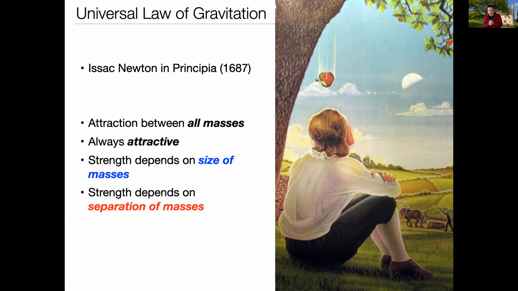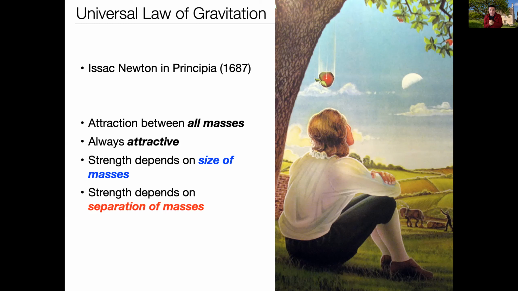And the strength of gravity you feel depends on the separations between the masses. So the apple feels a very strong gravitational force because it's very close to the Earth. But if I put it 5 trillion light years away from the Earth, it won't feel very much gravitational attraction to the Earth at all. Okay? So those are the fundamental tenets of the universal law. And when we write it down mathematically, those are the four things I want you to remember. They're the four things that you should be able to see acting when we write down numbers and use the universal law to make a few calculations about the worlds that we're going to be looking for life on.